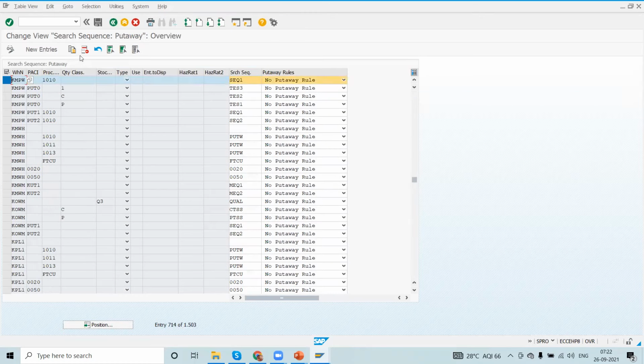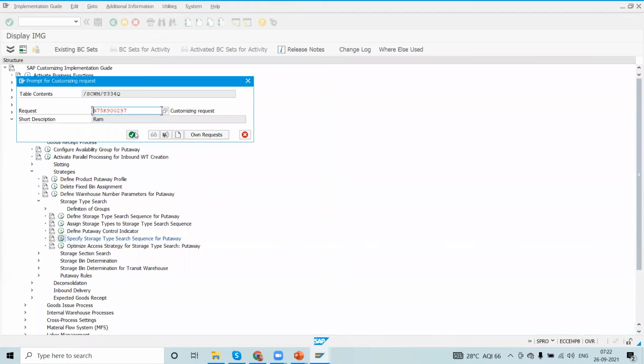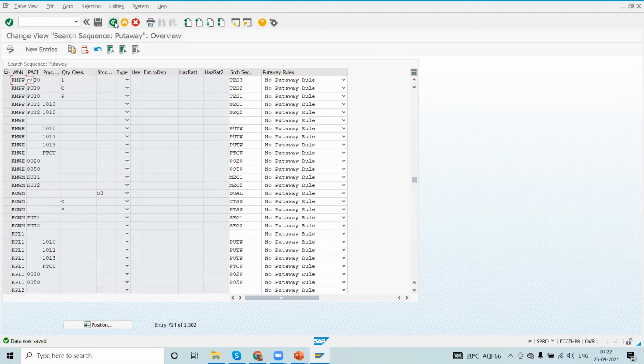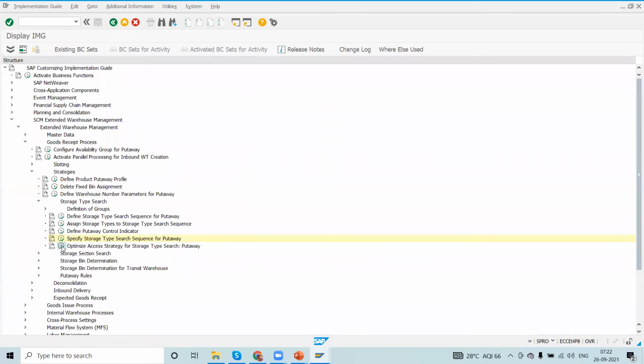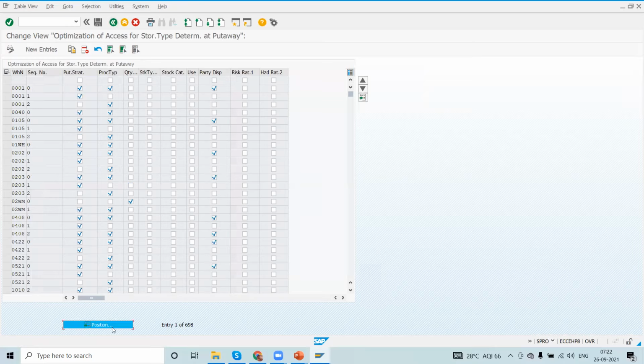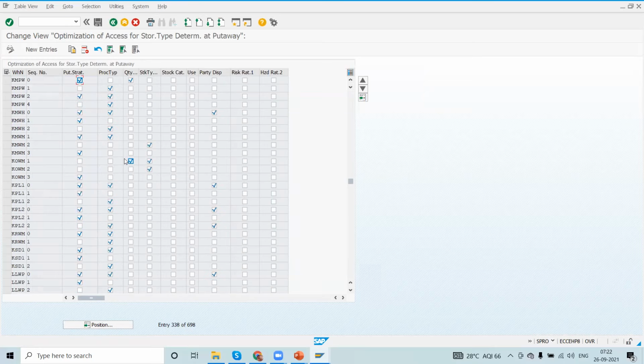I'm just checking the data is correct, the configuration. Everything is good. That's fine.